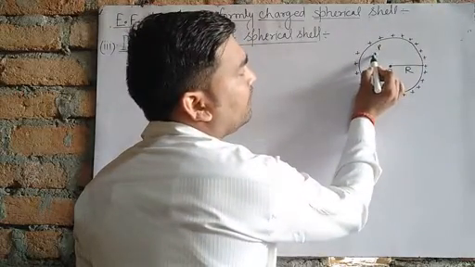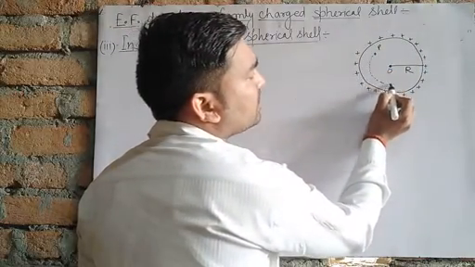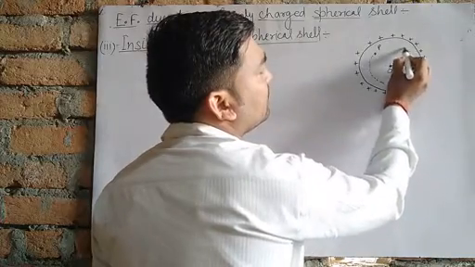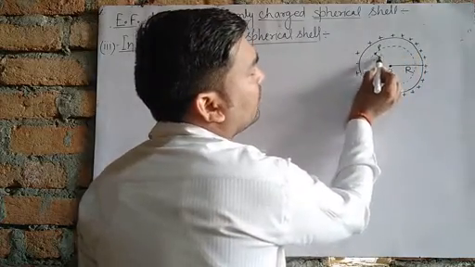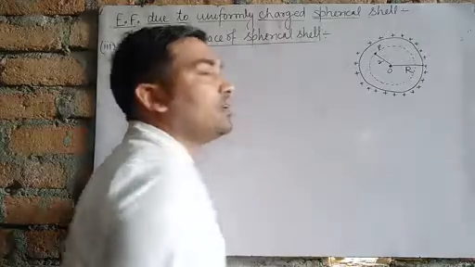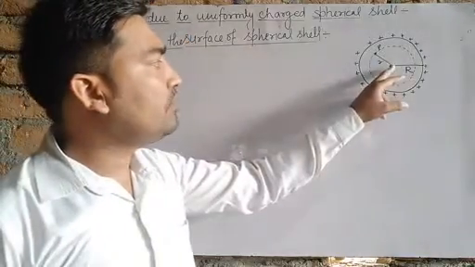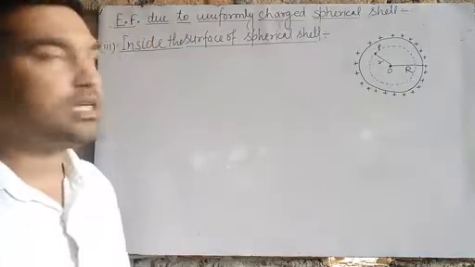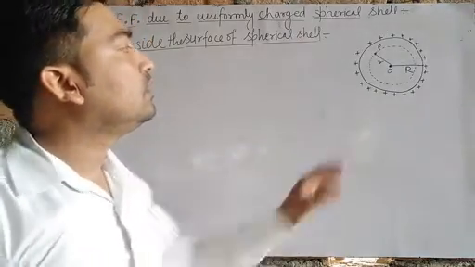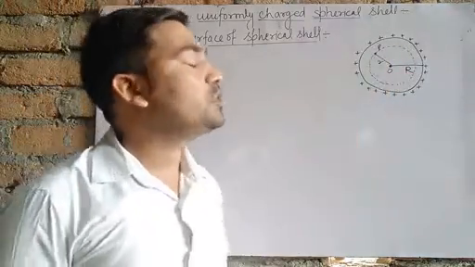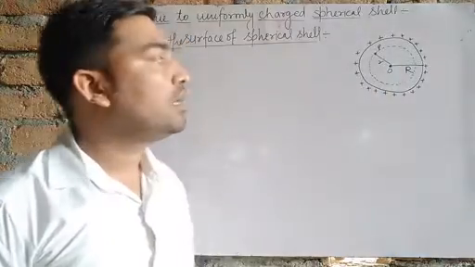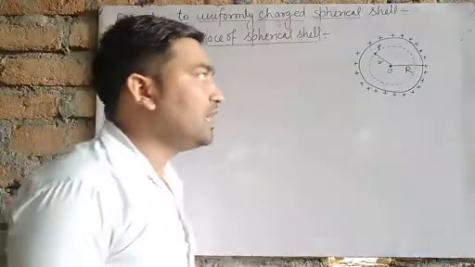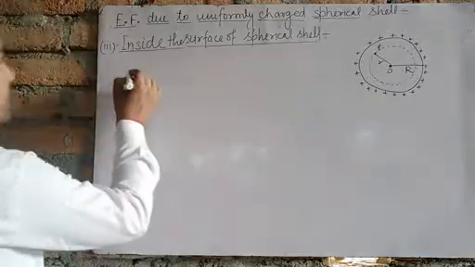Then we have to draw a Gaussian surface, which is a spherical surface having radius small r. Small r is the distance of point P, where the electric field is to be found, from the center of the spherical cell. Then we draw a spherical Gaussian surface, and we find that the net flux